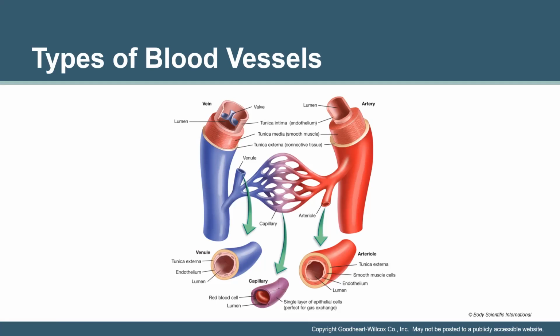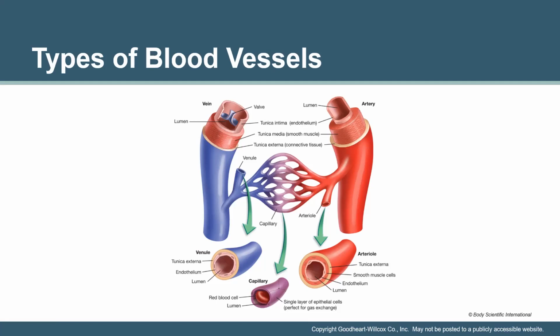All blood vessels, with the exception of the capillaries, are composed of 3 layers and surround the lumen of the vessel. Okay, the lumen's that inner part. The tunica intima is the innermost layer, composed of a single layer of squamous or flattened epithelial cells over a sheath of connective tissue. The tunica intima, also called the endothelium, will provide a smooth, frictionless surface that allows blood to flow smoothly through